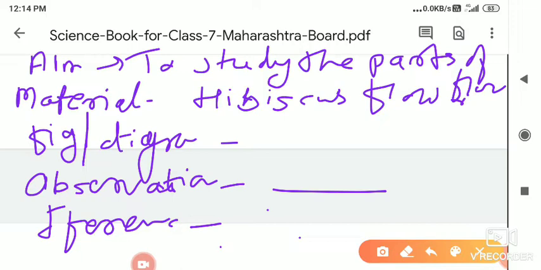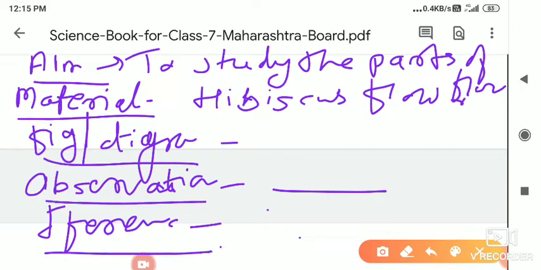In this way, this year because of corona we are taking the practical exam. You are doing the practicals at your home, making the videos, and sending me the video clip, and the full observation page that I told you: aim, material, figure or diagram, observation, inference. You write that and send it to my personal number. Then I will check it and give you the marks.